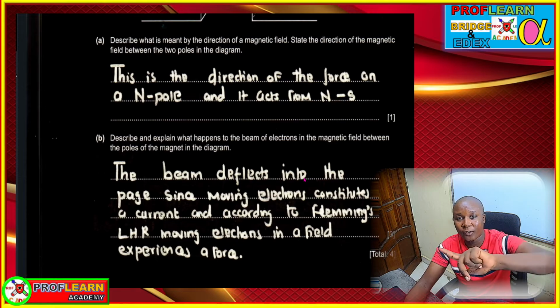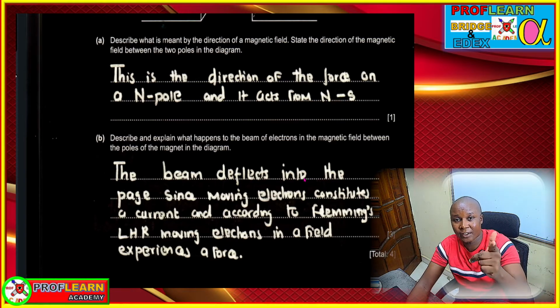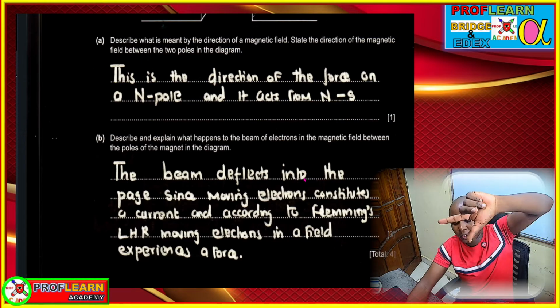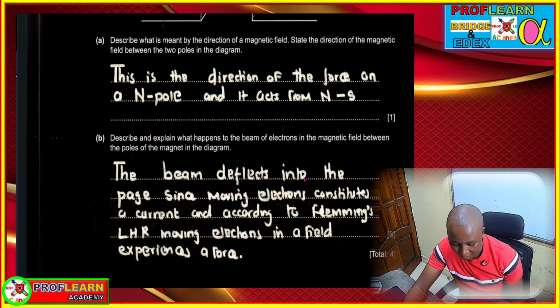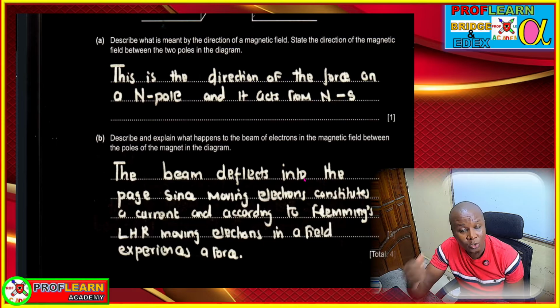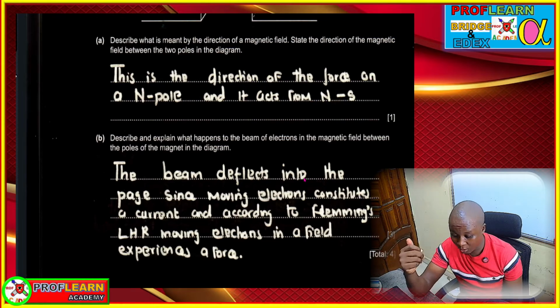So when you are using Fleming's left-hand rule to demonstrate that, you have to ensure that your current finger, this one, is pointing opposite to the direction of flow of electrons, and in that way we are going to say the beam deflects into the page, since moving electrons constitute a current. According to Fleming's left-hand rule, this is going to move